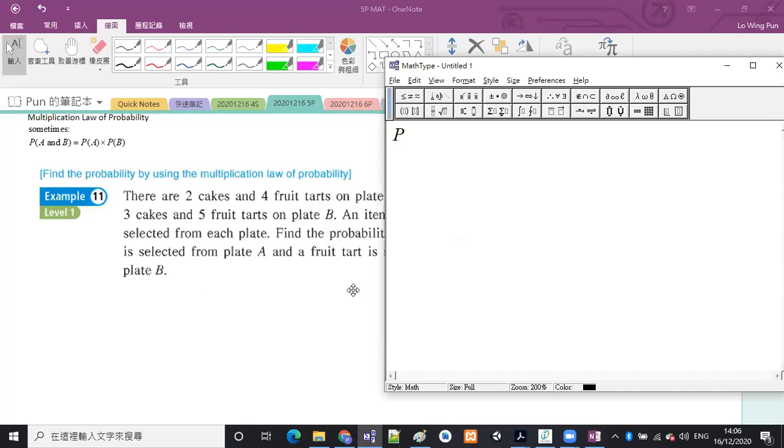If you write what is going to be found in the P format, it should be: cake from A and fruit tart, or just tart, from B. Can you see this? This is what we want to find. Can you see that it is actually in the form of P(A and B)? And this event A